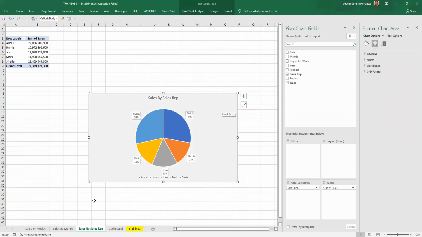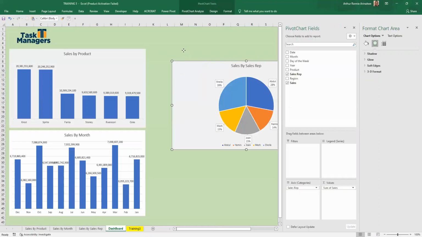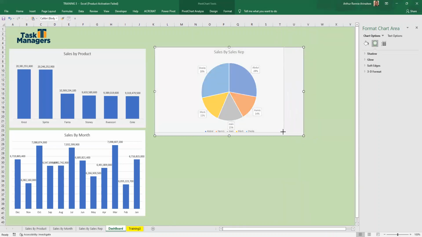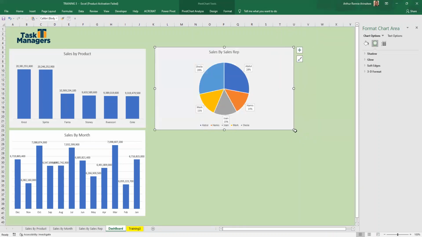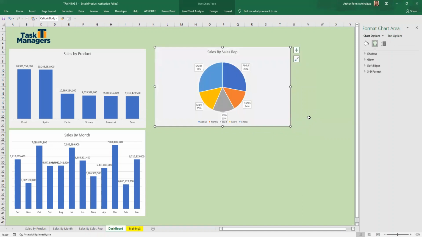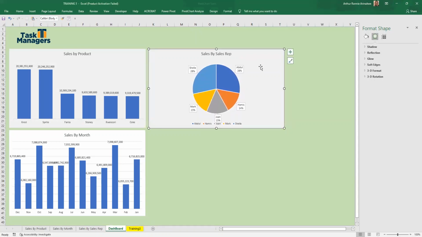Copy, Control C, go to your dashboard, put it here. Okay, let's remove this. We can make it smaller so that it's aligned with this one. There's another way of making sure that they are the same height, same level. I'll use this. Depending on the size of your screen, you can just fit them together. The dashboard is usually nice when you have